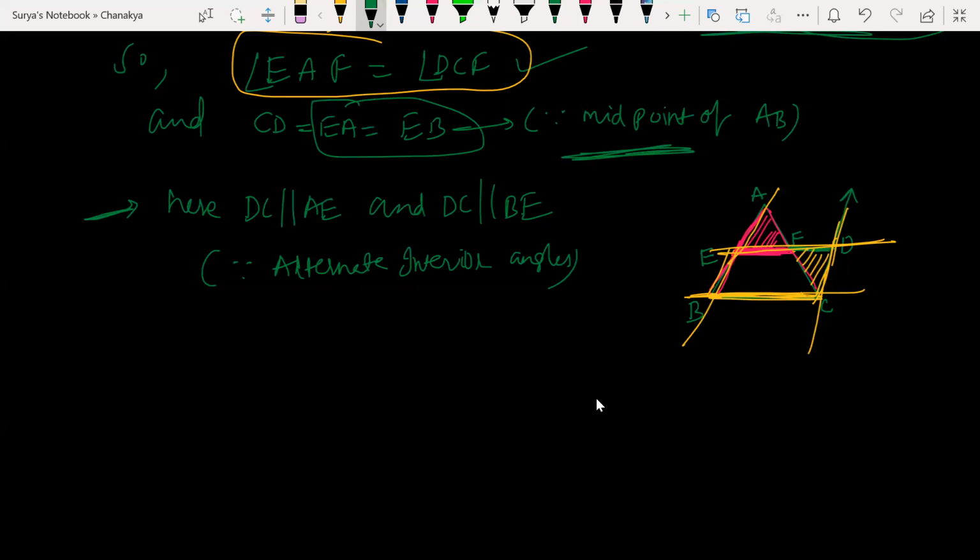So now can I say these two are parallel to each other? Listen to me carefully. This blue color shaded part, we are unable to see. Okay, now it's visible. Now this one is a parallelogram. Yes, sir, this is a parallelogram now. Not ABCD, sorry. EBCD is a parallelogram.